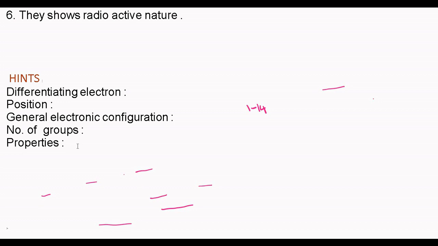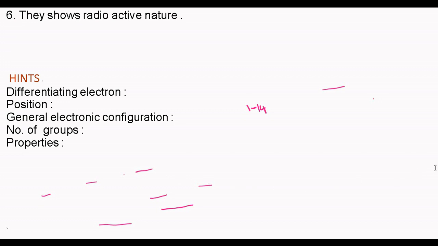And D block elements are all heavy metals, and F block elements are mostly man-made or artificial elements. So if you keep in mind these 5 points, it's easy to write this answer. For S, P, D and F block elements, based on these points, we can expand the answer. Okay, if you want, I will explain here again, but